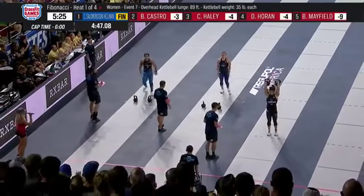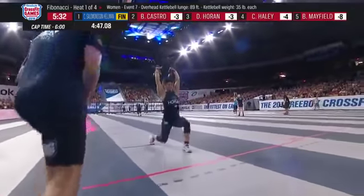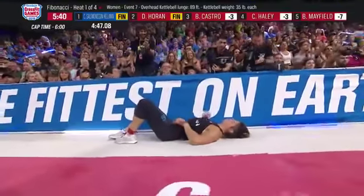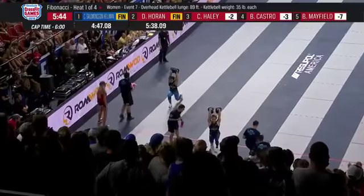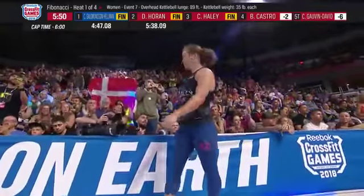And Danny Horan might take advantage of the dropped kettlebells by the 2 rookies in this race. And the 5-time Games qualifier is one step away. She's fighting the urge to set those kettlebells down. She can now because she's past the red line, and she's onto the platform for a 2nd place finish in the heat. 3rd place will belong to Australia's Courtney Haley, and the 23-year-old data analyst by day, CrossFit Games athlete